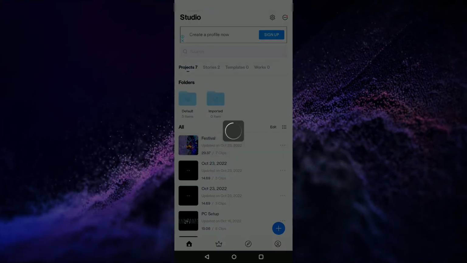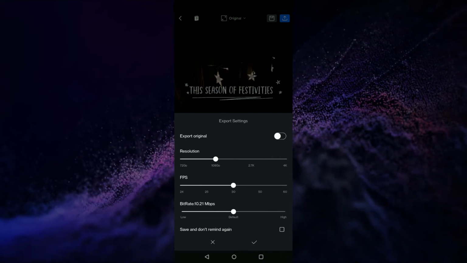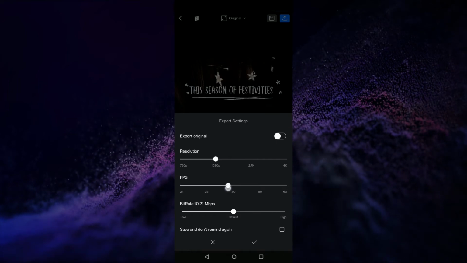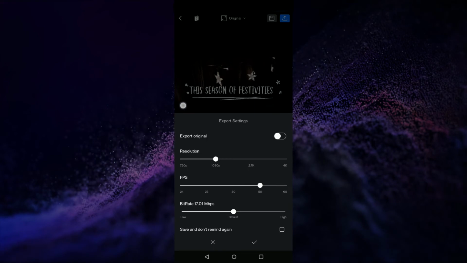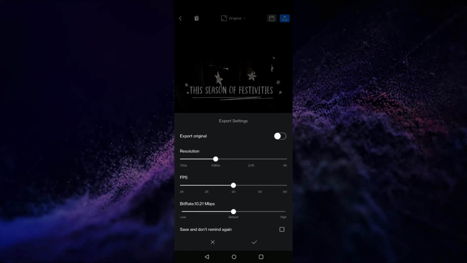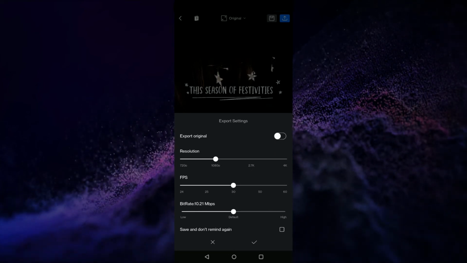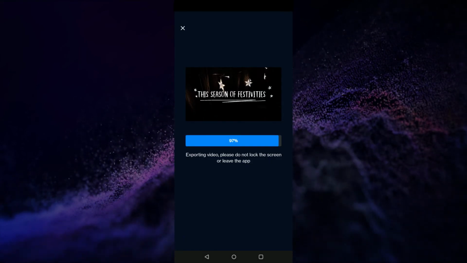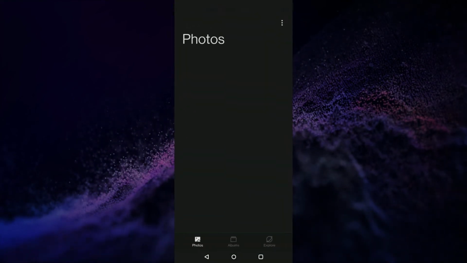So we are in the video and you can use the default settings. I see the frames per second is 30, which is going to be fine. I could have done 29, but that's not an option here. And the higher side is 50, which I'm not going to use. So I'm going to keep the default options, and the resolution is 1080 pixels, which is absolutely fine for an HD high quality video. And I'm going to export this, and you should be able to find it right about now once you go into your gallery. And this is what your project is going to look like.